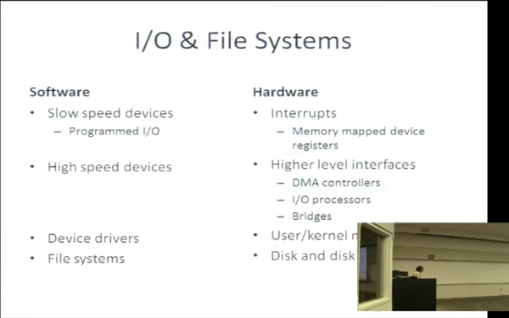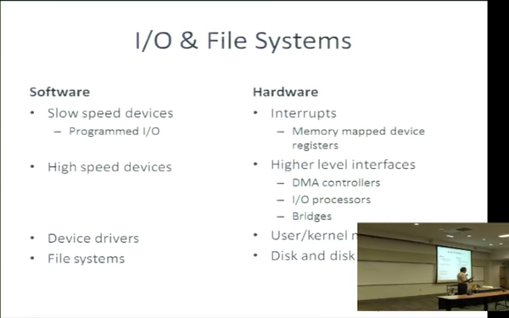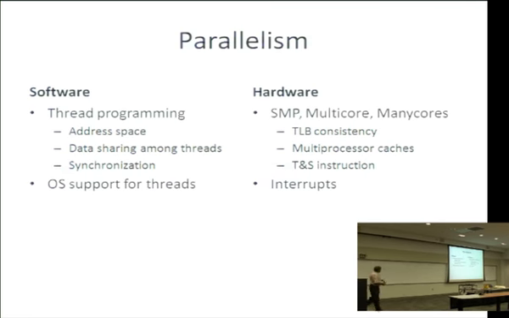And then on the I/O and file system side, on the hardware side, we already saw what interrupts were and how to deal with them, and then we started looking at high-level interfaces, right? Higher-level hardware interfaces like DMA controllers and disk controllers and so on. And then on the software side, we said, if disk is an important subsystem, then how do you use that storage system in order to build the software system that we all rely on, which is the file system, and so that's the 3rd unit, and then the last, well, actually the fourth unit is the parallelism,